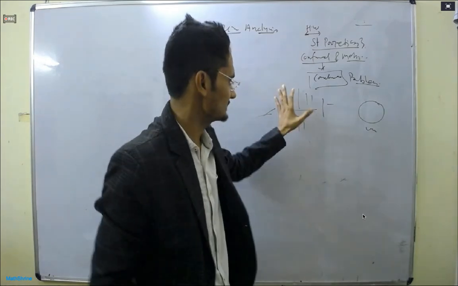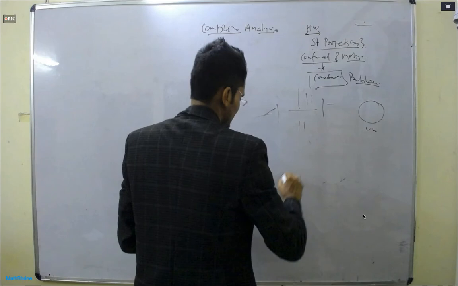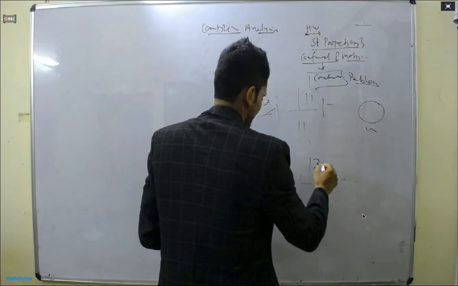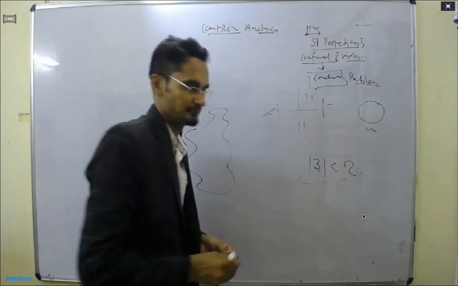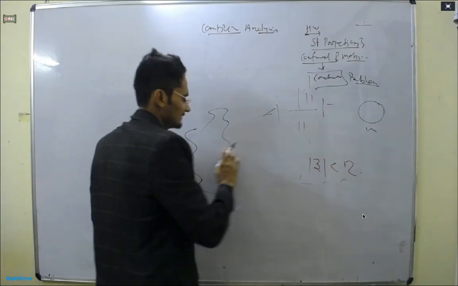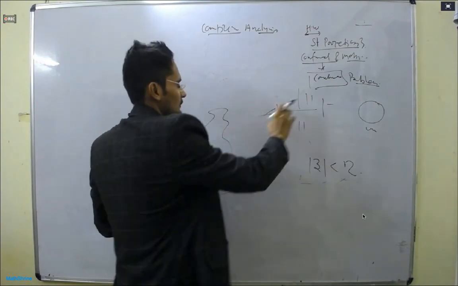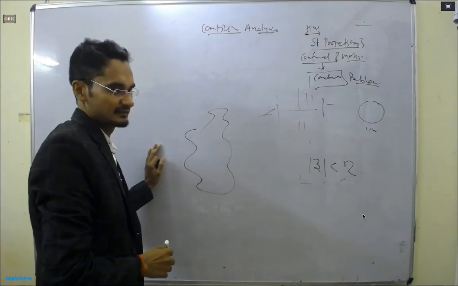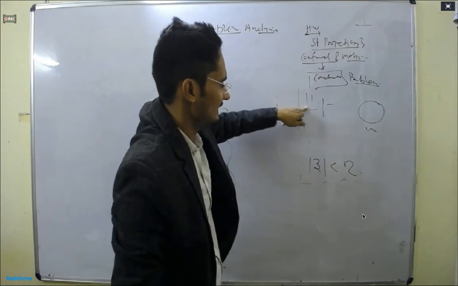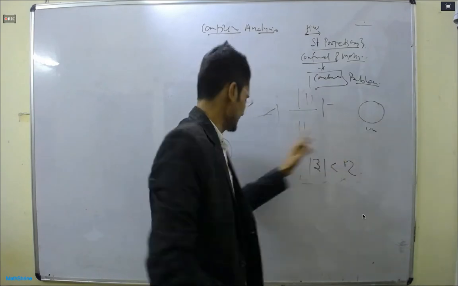Suppose I give you a region, say mod z less than or equal to 2, and ask you for a map that sends to this. Instead of sending directly, first I will send this region to the upper half plane or the unit disk. First we construct a map to there, and once we are there, we know how to come here. Then I find another map from here to here, and then we take a composition.